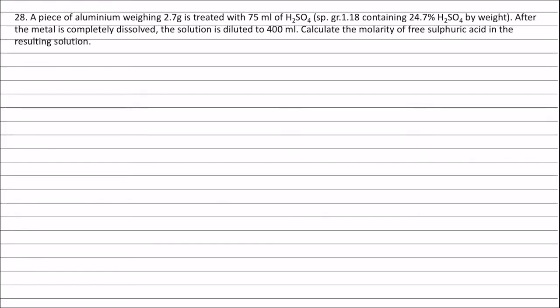Equivalence of sulfuric acid is equal to weight of sulfuric acid, that is 24.7, divided by equivalent weight of sulfuric acid, that is 49. Volume of solution is equal to mass by density, which is equal to 100 divided by 1.18 milliliters, and volume of solution in liters will be 100 by 1.18 divided by 1000 liters. Now equivalence of aluminium is equal to equivalence of sulfuric acid,